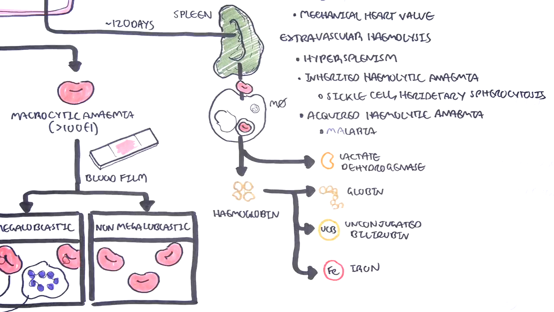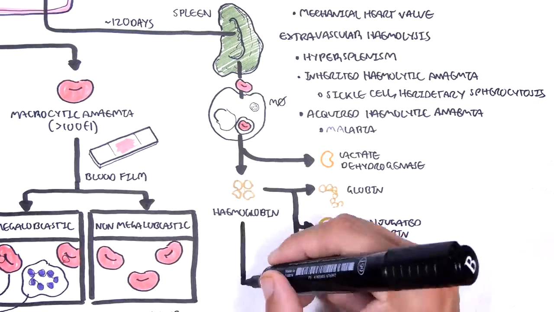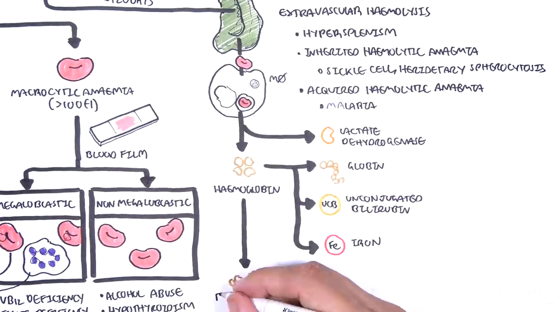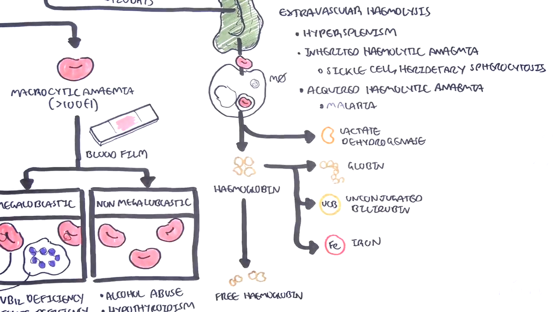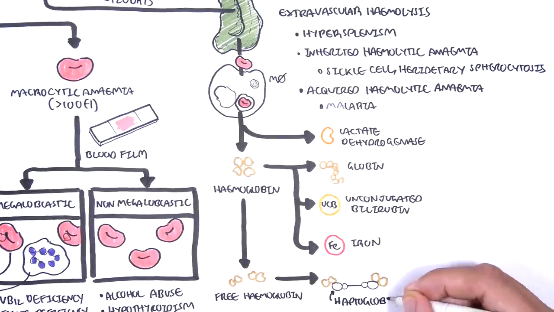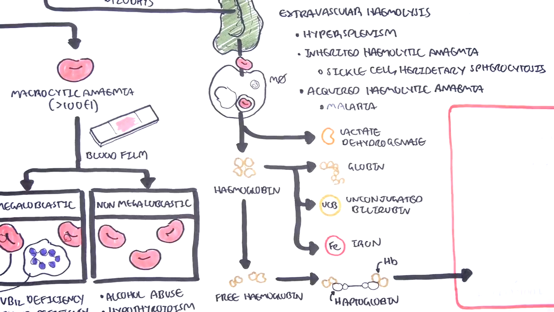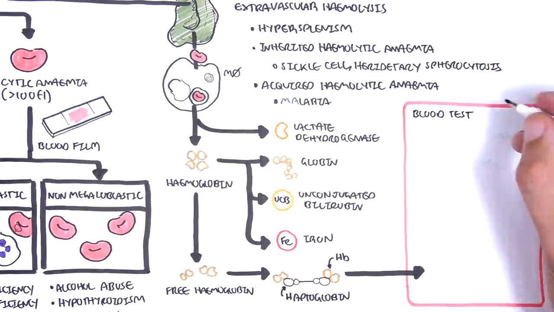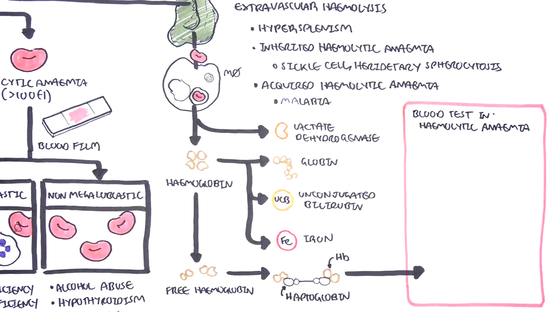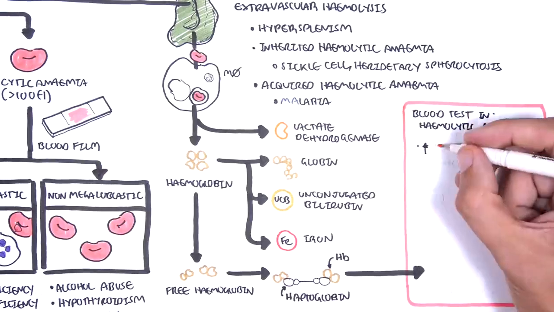However, in hemolysis, you have overwhelming red blood cell destruction. As a result, you can also have free hemoglobin in circulation. Luckily, there are molecules which float around our body which help clear up these free hemoglobin molecules. These are called haptoglobins. Therefore, blood tests to order in someone with suspected hemolytic anemia include measuring their lactate dehydrogenase,